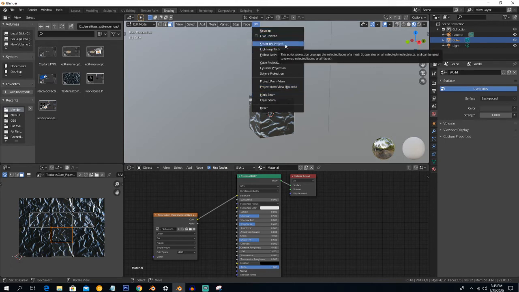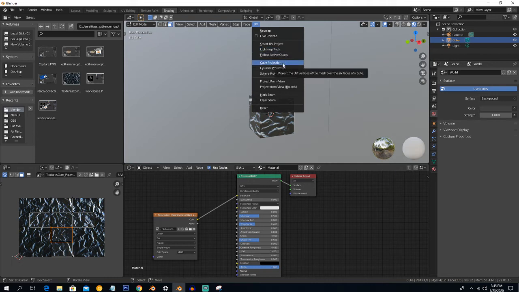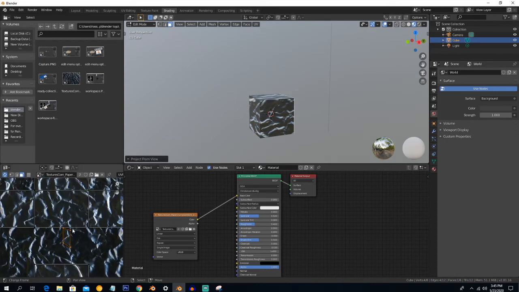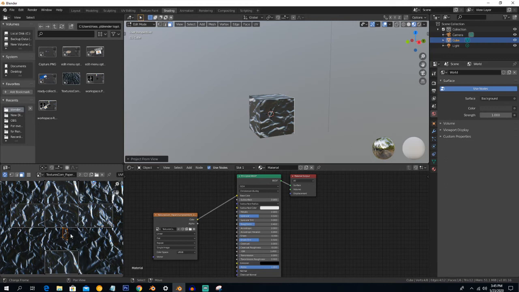And the next is smart UV project. It is a very useful option, very famous, and people like it very much. These two options are almost similar. It is in grid form, and these cube projection, cylinder projection and sphere projection are similar to their names. Project from view is very useful. If you click here, you can see this will change.